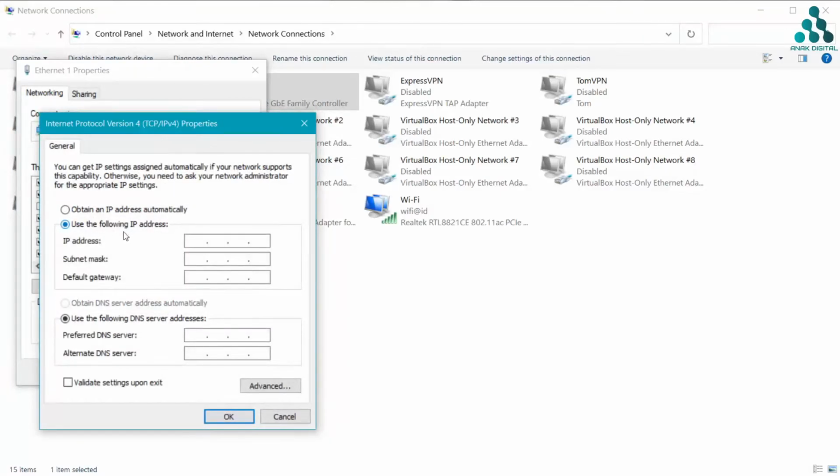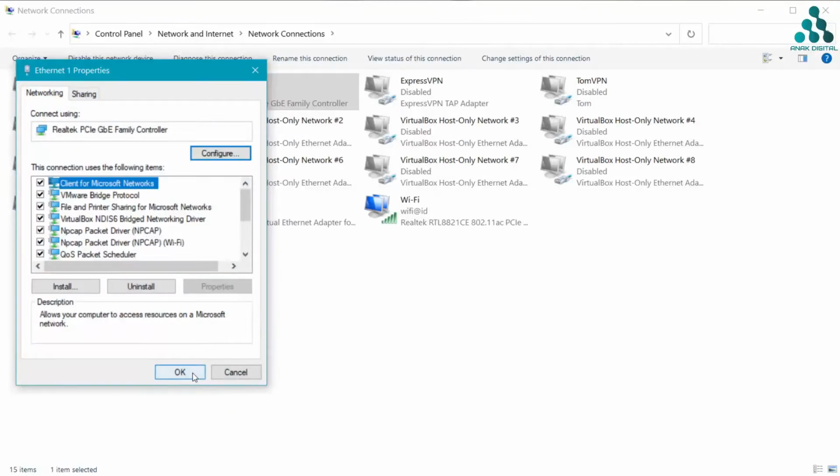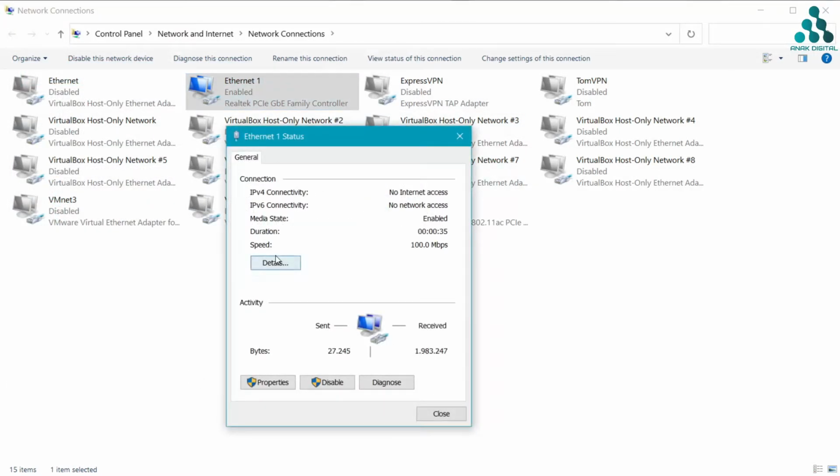Use the following IP address and fill in the IP 192.168.10.53, subnet mask 255.255.255.0, and the gateway is 192.168.10.1 like this, and then click enter. Click OK and click OK. Okay, check details. Okay, it's right.